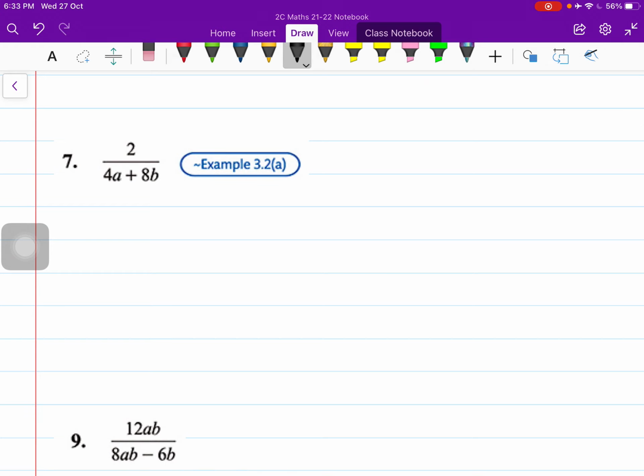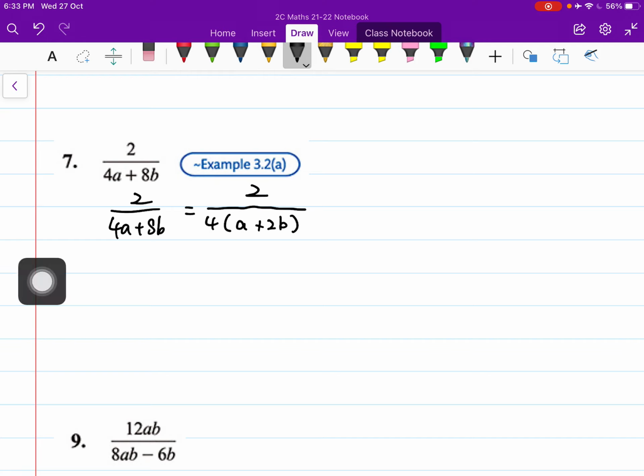And then for question 7, we need to do a little bit more for it. At the bottom, if you can see that, there is a common factor. 4 is the common factor for 4a and 8b. So we can factorize 4, and you will have this at the bottom. So just copy the denominator. And after you factorize 4, then all the things here, 2 over 4 multiplied by this bracket, all the things are